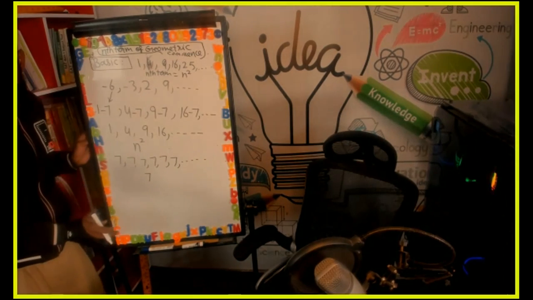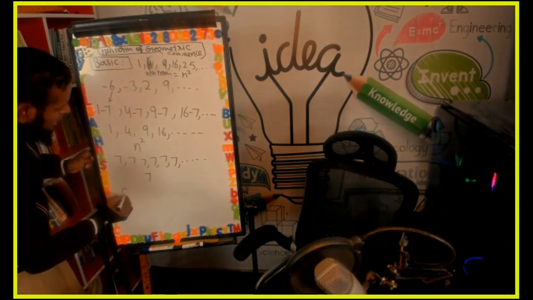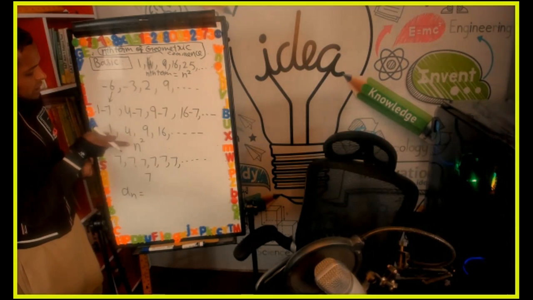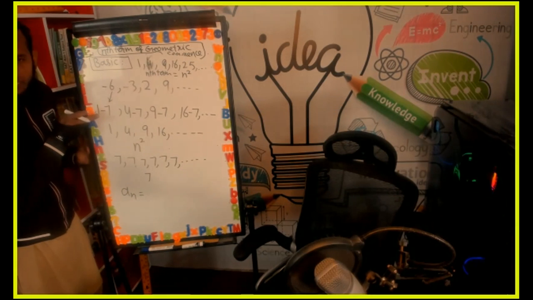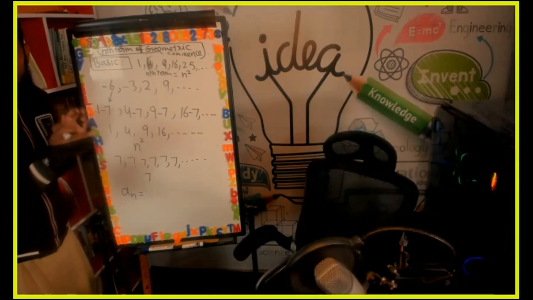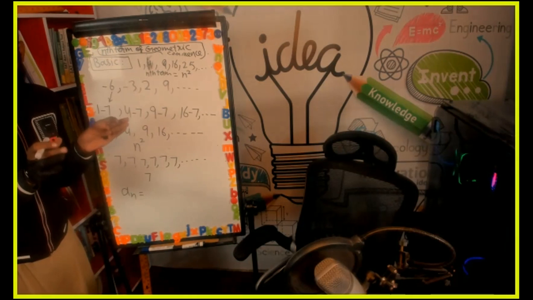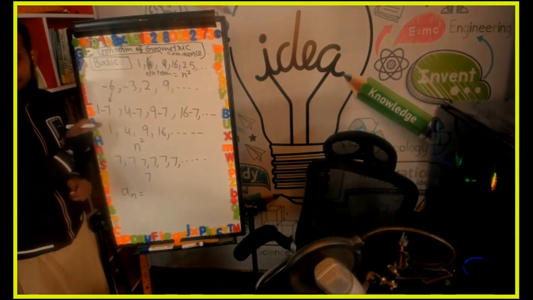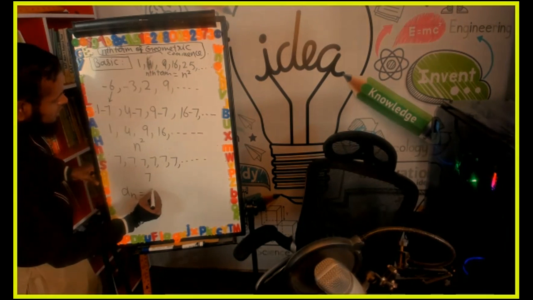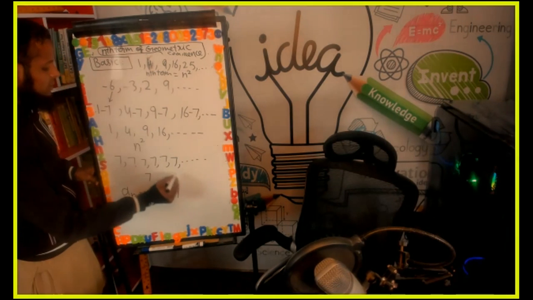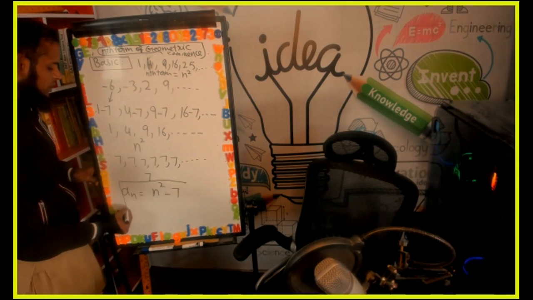So in our sequence, because we are subtracting the terms of the second sequence from the first sequence, we will also subtract the general term of the second sequence from the first sequence. This is the concept. N square, here is minus, we put minus and write 7. This is the way to find it.